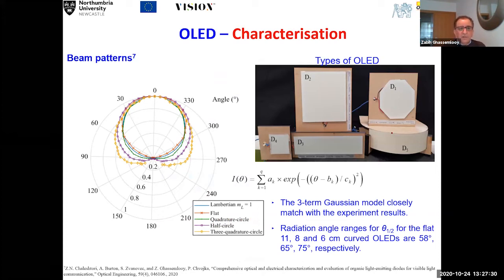So we have taken this and looked at the beam profile. Our ideal beam profile is over Lambertian. That's a crystal ball. We want to know which one of these are actually close to the crystal ball. And you can see that they're almost roughly there, with plus or minus a few degrees. But if you narrow the angle, they're almost the same. Very close to the Lambertian of order 1.